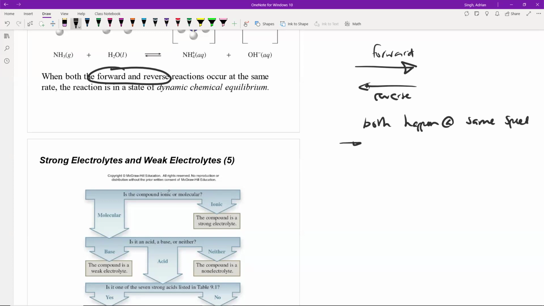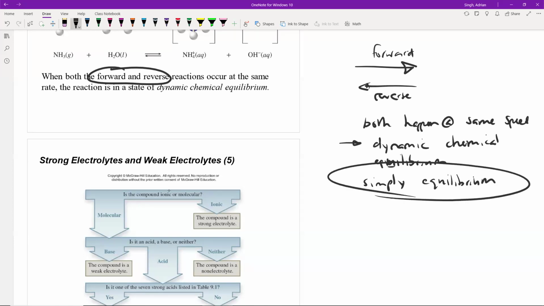And we say that we have a system known as a dynamic chemical equilibrium. A lot of terms that may sound like large things, but it actually means very simple things. Equilibrium, or simply equilibrium. This means you have both the forward and the reverse reaction happening at the same time